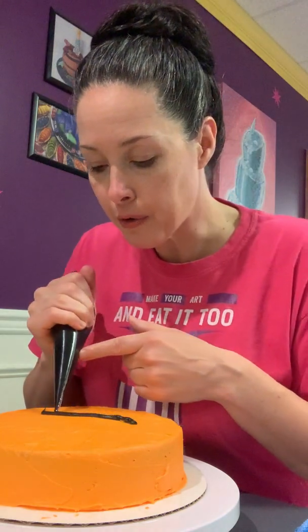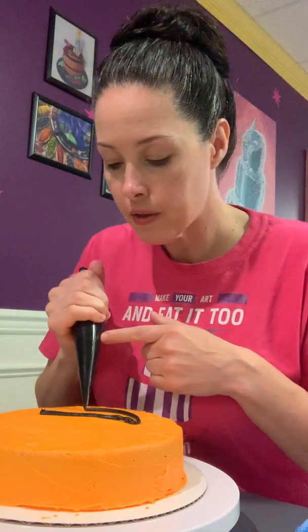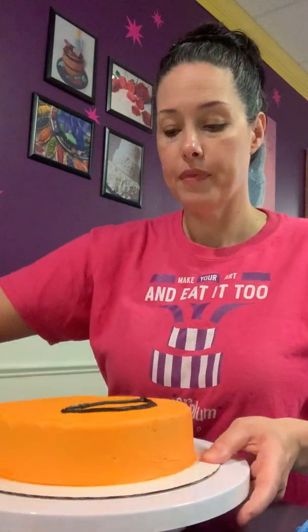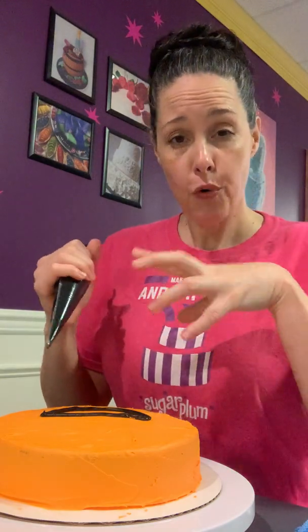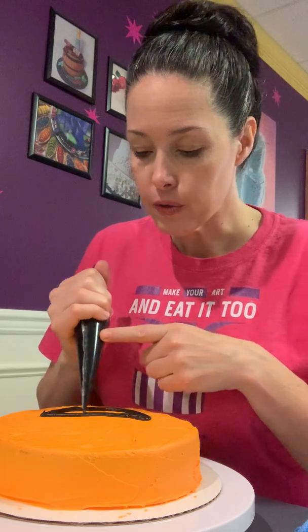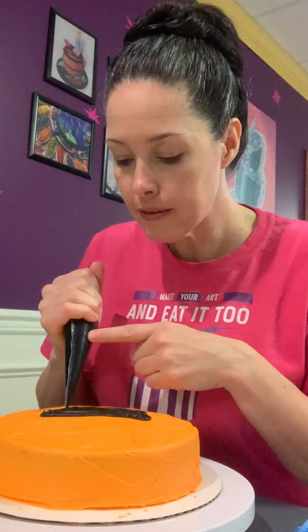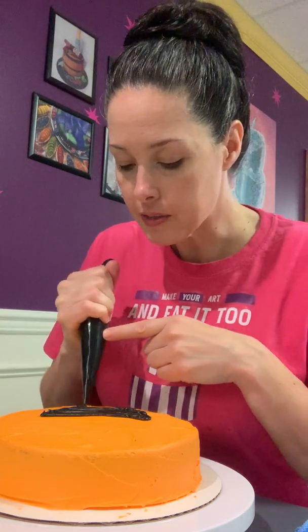And it doesn't have to be perfect because we're gonna fill it in with icing anyway. And then I'm gonna draw kind of a half circle meeting the line. So I have the outline of the mouth. And then I'm going to take my bag and I'm going to draw lines back and forth, filling in that space. So you'll see what I mean here. So I'm just going to keep squeezing and I'm going to fill in that space here until you can't see